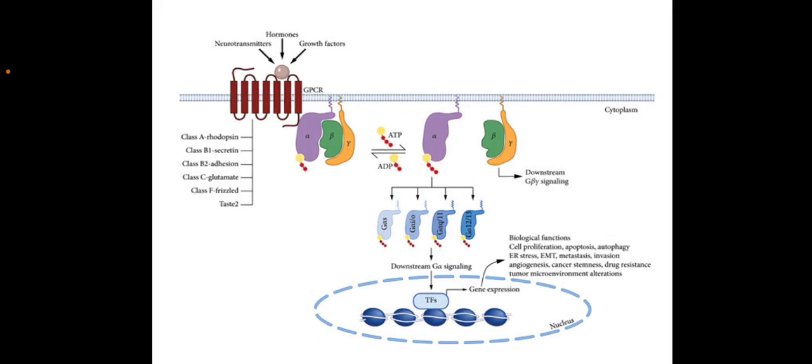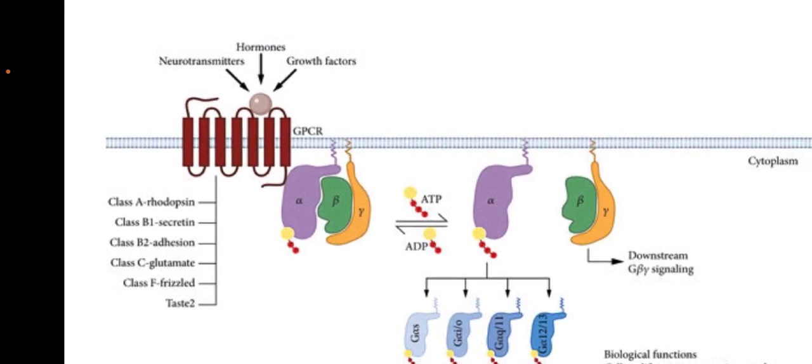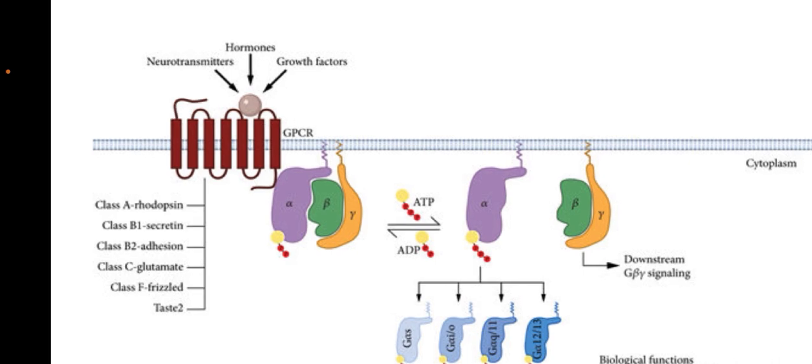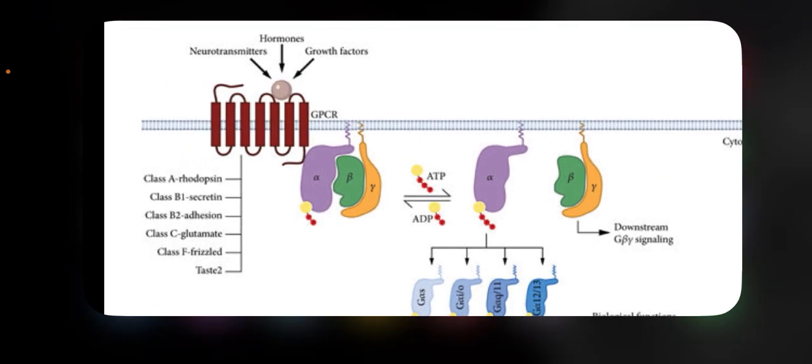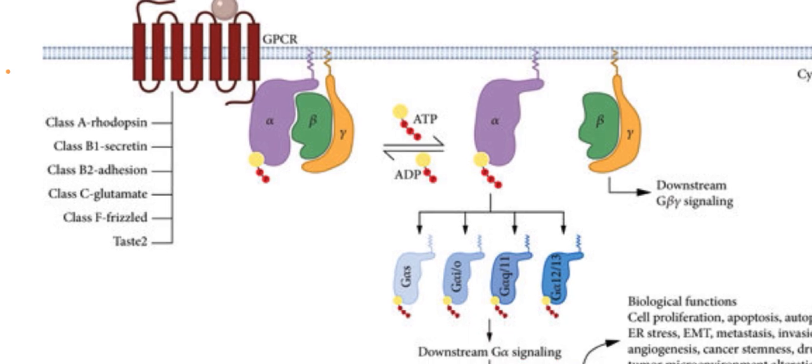First of all, a hormone binds with the pocket that is present on the outside of the cell with 3 helices. These growth factors, neurotransmitters and hormones bind on the pocket, which can be from the outside or from the inside. In the diagram, I am going to explain these in detail in the upcoming slides. The ATP binds and the beta and gamma subunits separate from the alpha subunit of the G protein. That will lead to downstream signaling, where the alpha subunit, and beta and gamma together, will phosphorylate the downstream